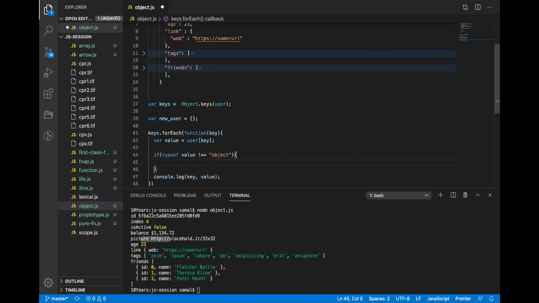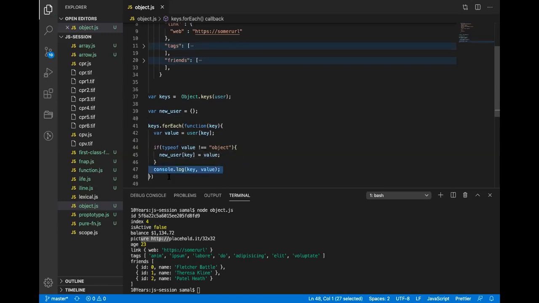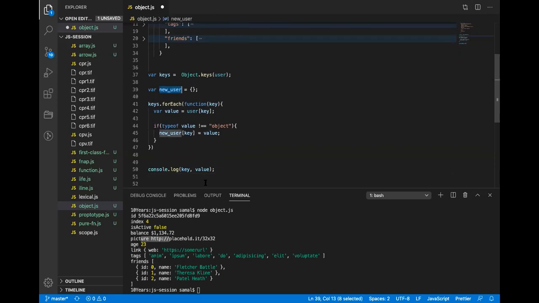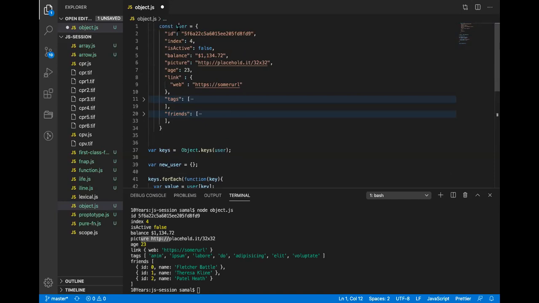then I want to add a new key. To add a key into an object, we just use this notation again, and I want to add the value. This will add the value in the new object. I will run it.